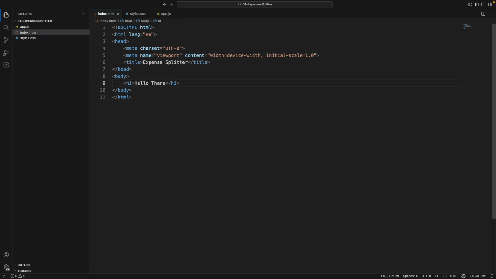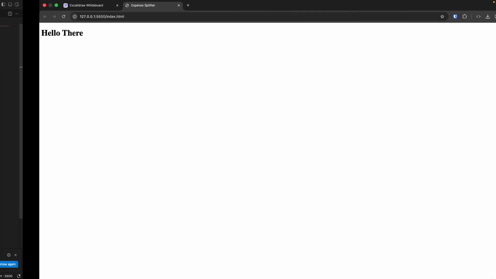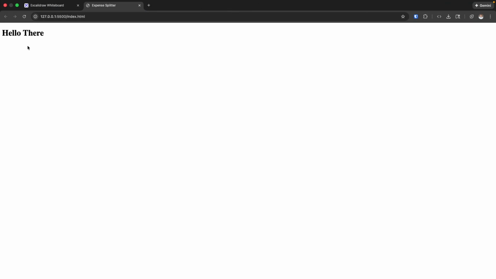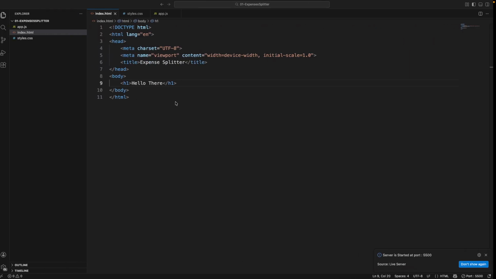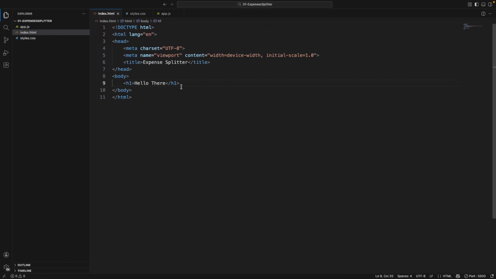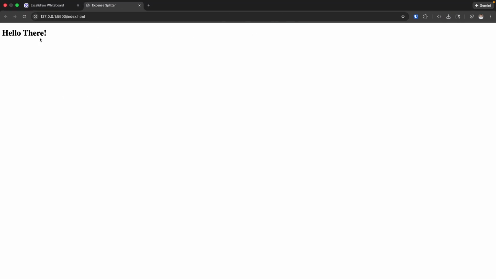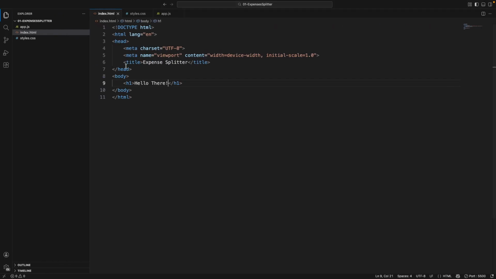Okay. After we have that, we should be able to go live, and that will open your browser with the website. That's pretty, right? So I changed this. Let me add an exclamation point, and I save it. You will see that in browser it will automatically update it. But that's the idea, right? To have those elements there. So what I want to do at the moment is